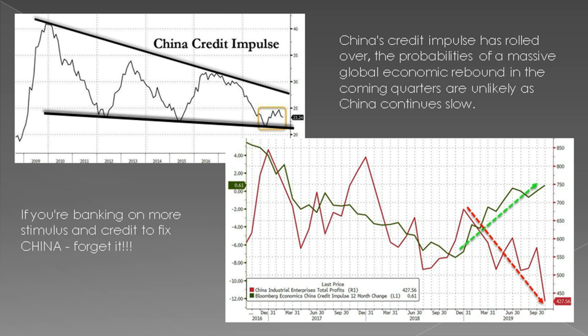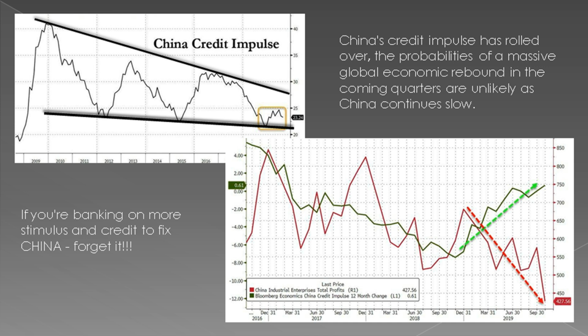The People's Bank of China recognizes the rapid deterioration in the economy, along with the limitations of further monetary policy to revive growth. Likely, credit creation by the People's Bank of China won't be in the magnitude seen in the last 10 years, used to save the world from escalating deflationary crashes. China's credit impulse has rolled over.